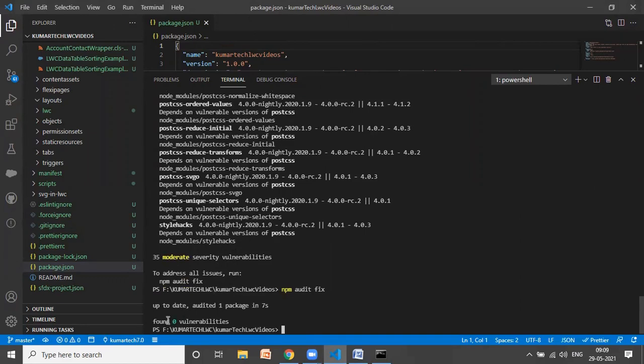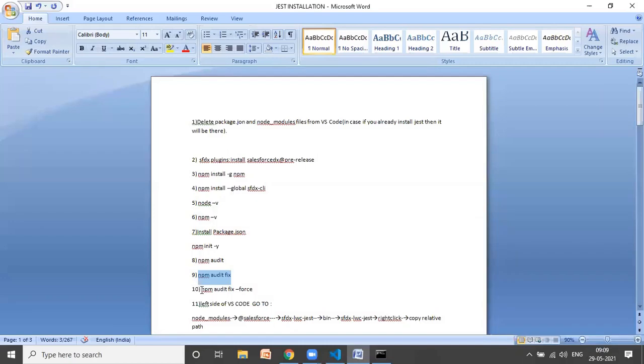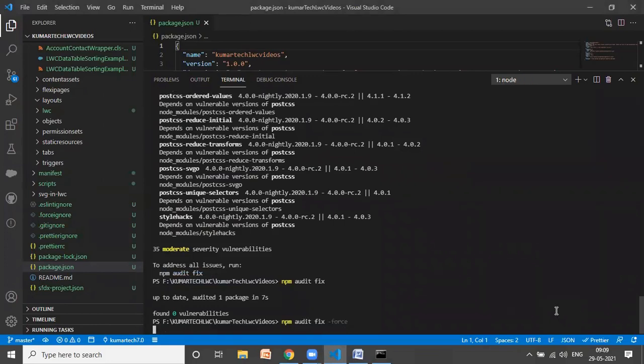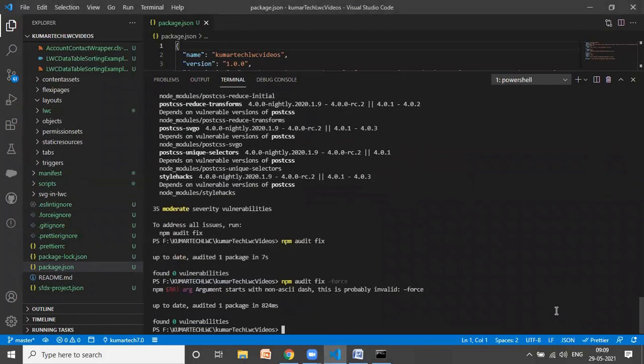But in case any vulnerability still has not been fixed, then you need to run the third command, that is npm audit fix --force. Okay, all vulnerabilities are already clear, no issues. Let me clear all this now.